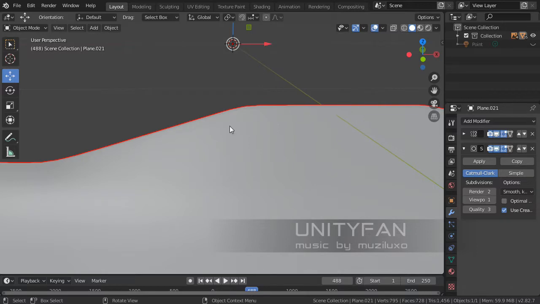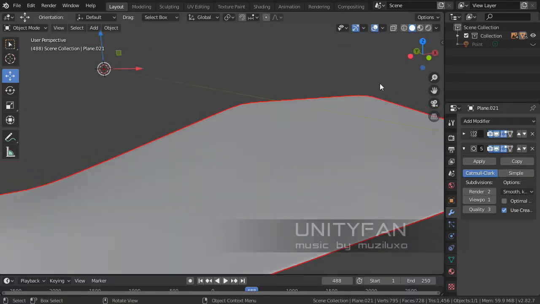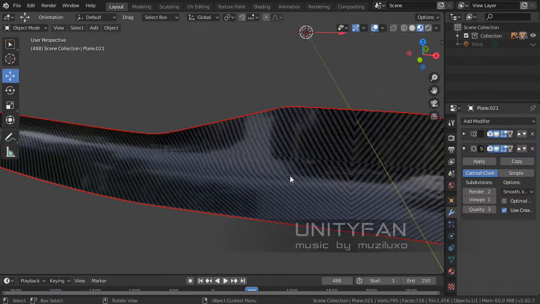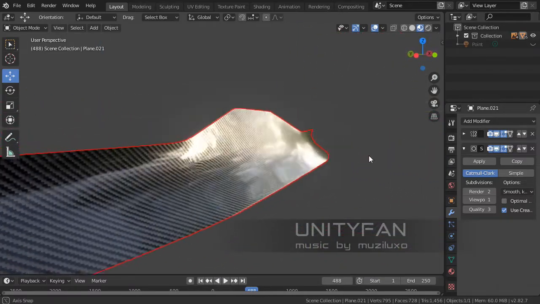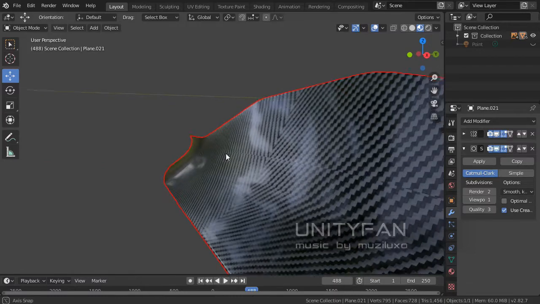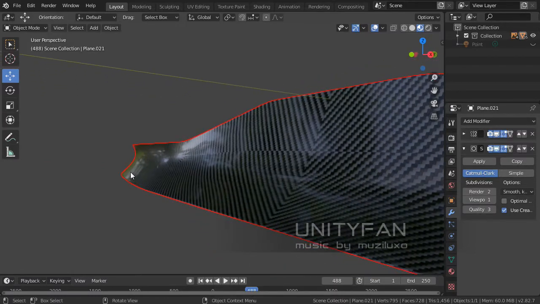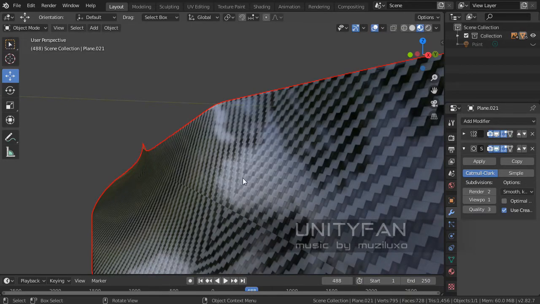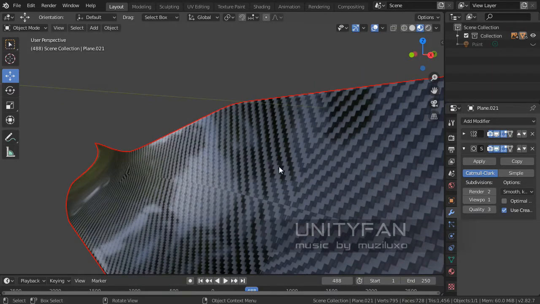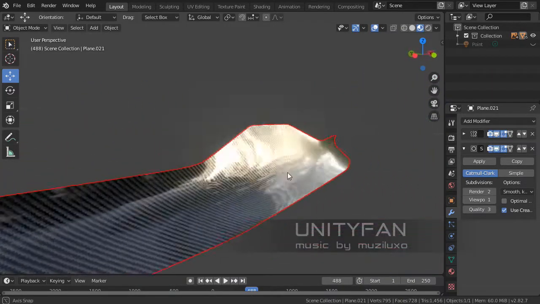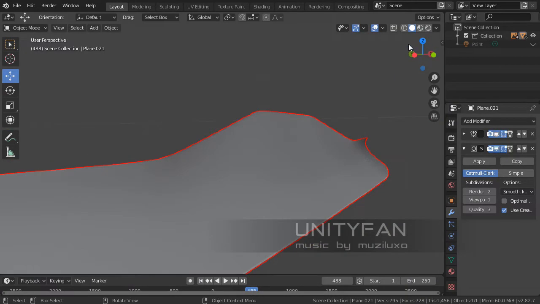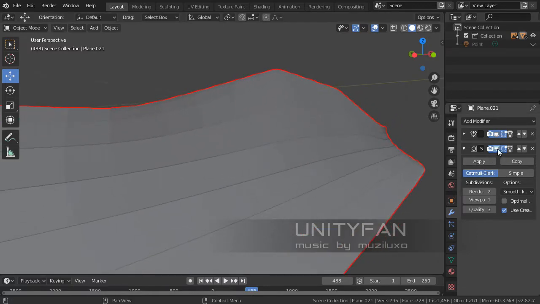I hope you can see my mouse movements, because there is that curvature, but it's not continuous. It doesn't go continuously here. In order to fix it, we again go make a smooth flat, and